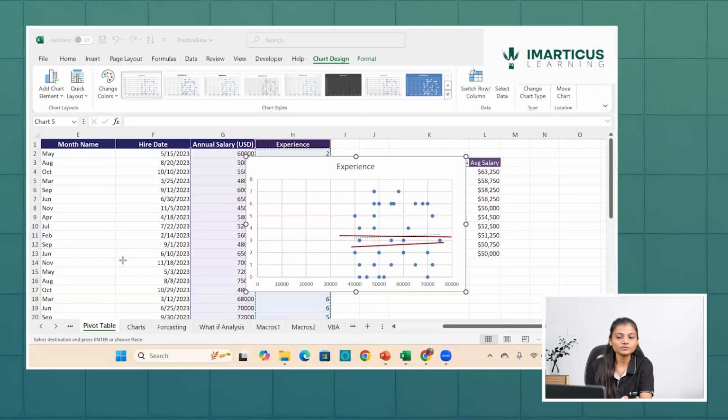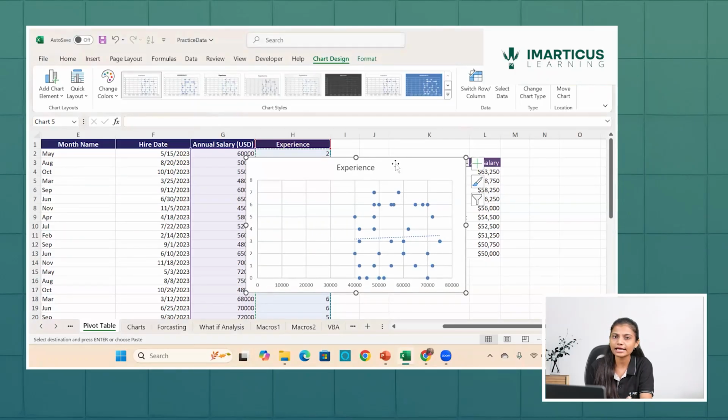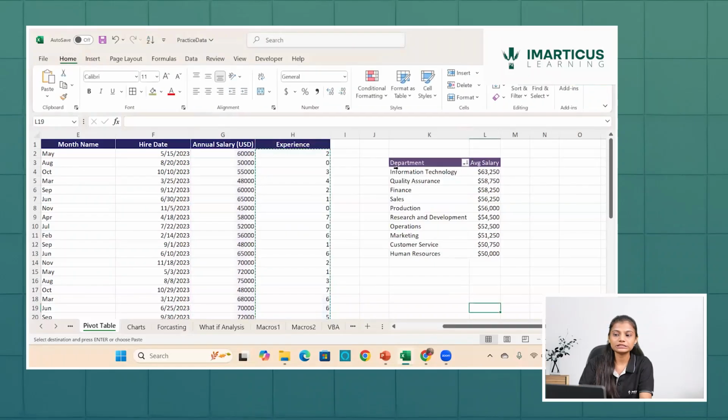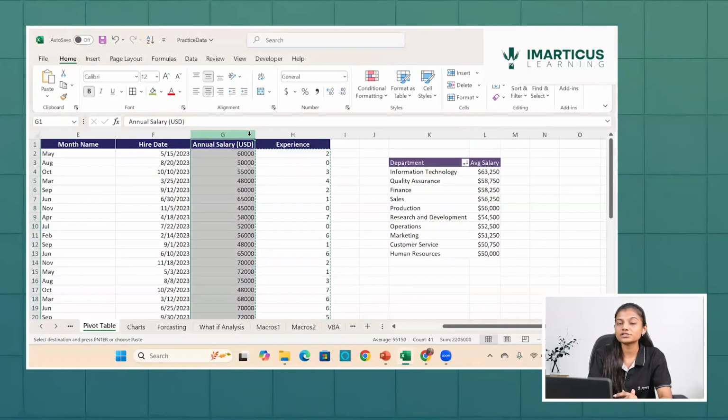So this is what a scatter plot is, and this is how a scatter plot would be plotted onto my data, where on the x-axis there is a numerical feature, and on the y-axis again a numerical feature is taken into consideration. So I can delete this graph. So this was a scatter plot. Now, as we have understood how a scatter plot works and how it is created in order to understand the relation between the data,